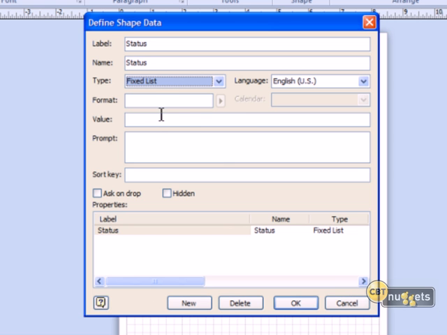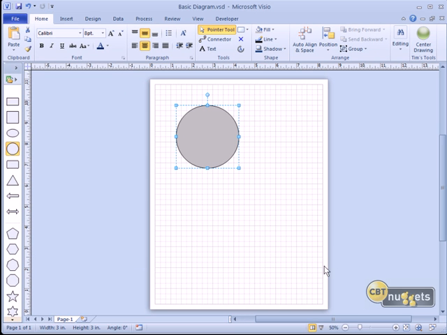Now this is a little tricky. You might think that you put your different options in the value area, but you don't. You actually put them here in format. My two statuses are going to be up and down. I'm going to separate those with a semicolon and not use a space. The default value, I'll leave it up, and for prompt, this is our help text basically, is the system online and available? It's basically yes or no. That's going to be our single piece of shape data.